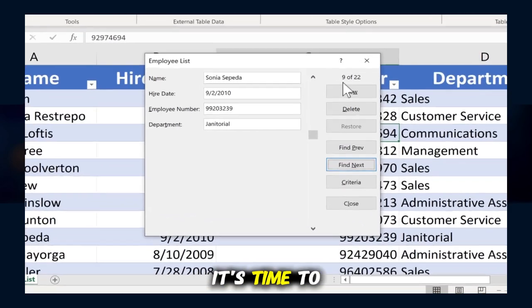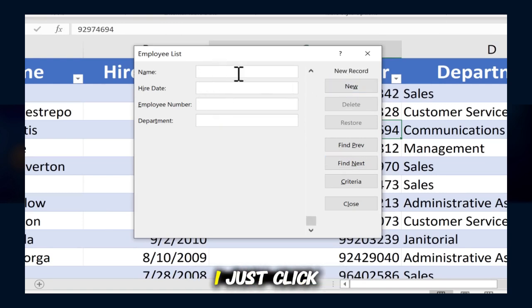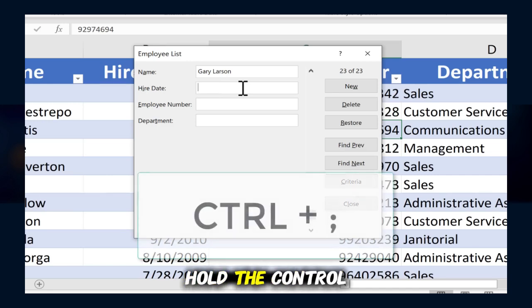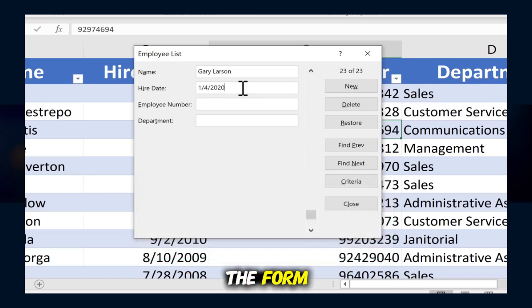Now let's say it's time to resume entering data for the employees of this company. I can click New. Notice it says New Record. I just click, and next to Name, I'll type the next employee's name. If I tap Tab, it does move to the next data entry cell. Hire date. Now you can just type that in the way you typically would, maybe with the day, then the month, then the year, or you can hold the Control key and tap semicolon, and that puts today's date into the form. In this case, Gary Larson was not hired today, so I will go ahead and change that to